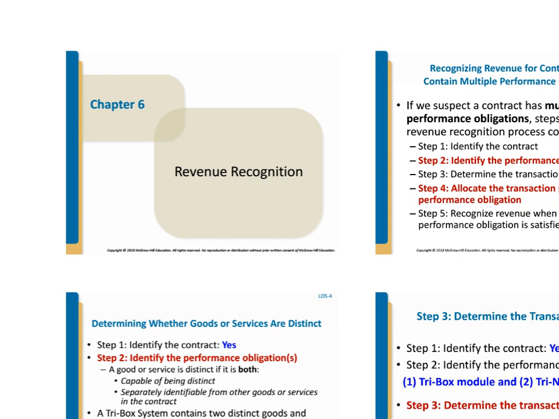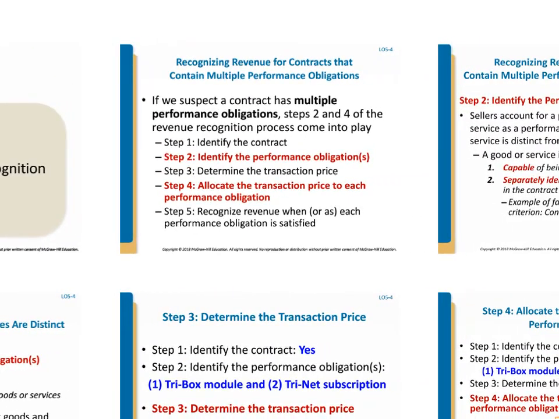In prior videos for Chapter 6, we looked at revenue recognition where we only had a single performance obligation. In this video, we look at instances in which we have multiple performance obligations. If we suspect a contract has multiple performance obligations, we must modify steps 2 and 4 in our recognition of revenue. Remember, step 2 identifies the performance obligations that exist, and step 4 allocates the transaction price among the performance